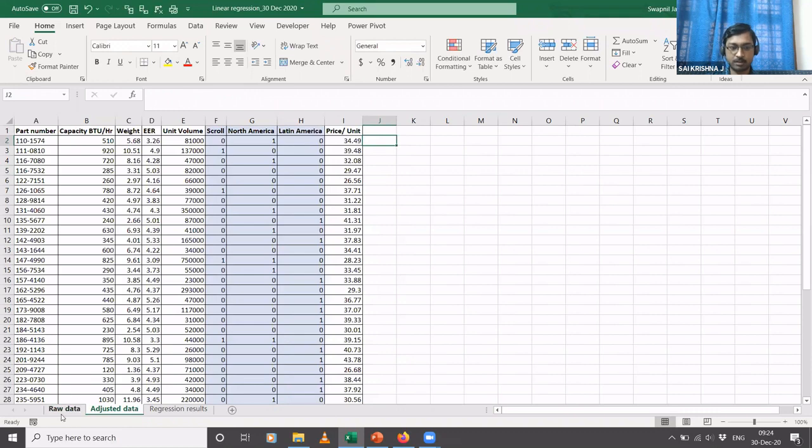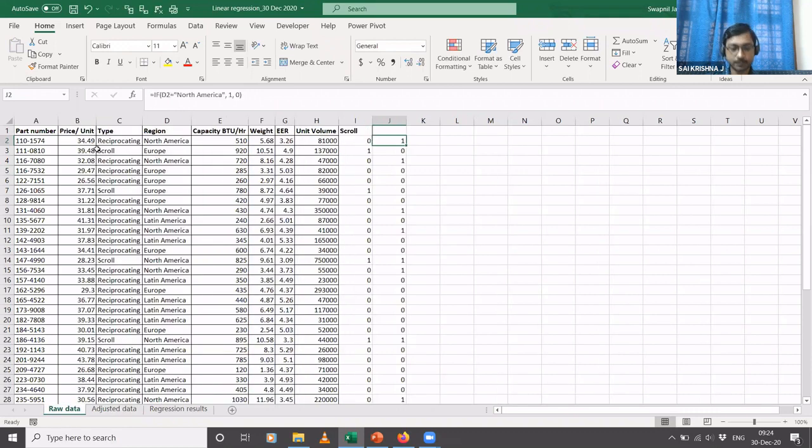Now, one important thing to remember here is you have 2 types of compressors, a scroll compressor and a reciprocating compressor, right? But when you create your binary variable, you create only one binary variable. You just create one column for scroll, and if the value is scroll over here, then it will take 1, otherwise it will take 0. It's not like you create one column for scroll and then one more column for reciprocating.